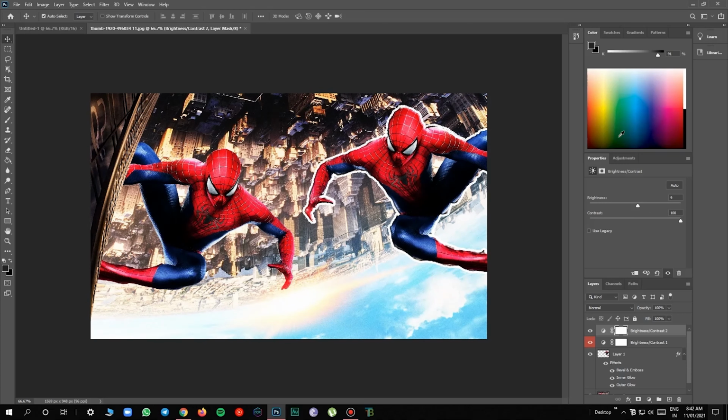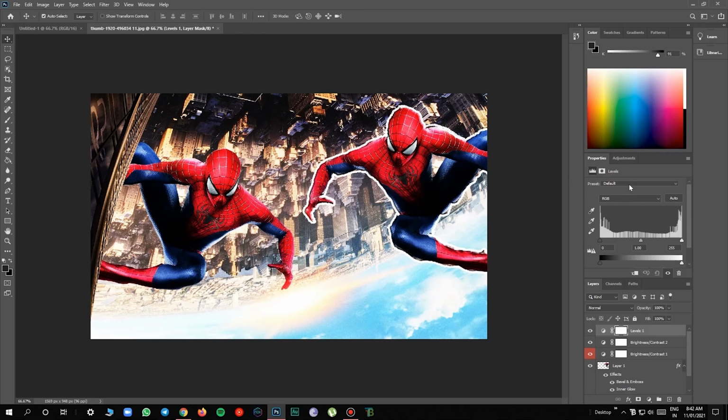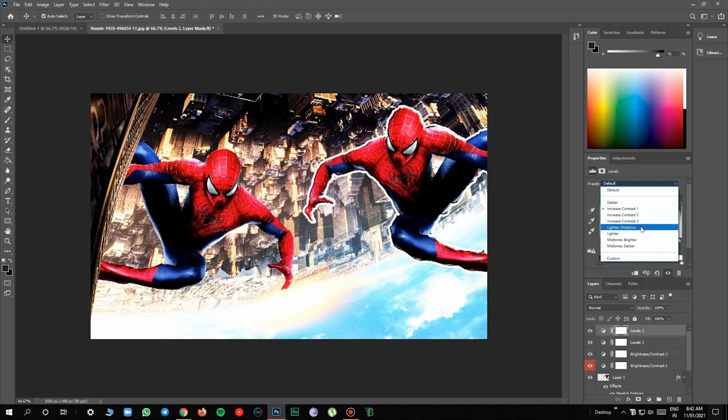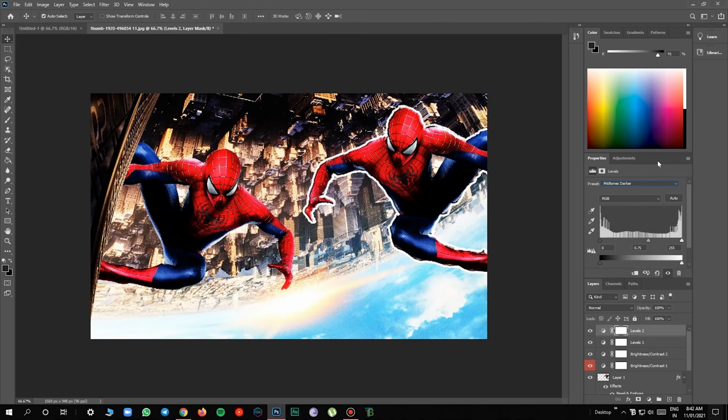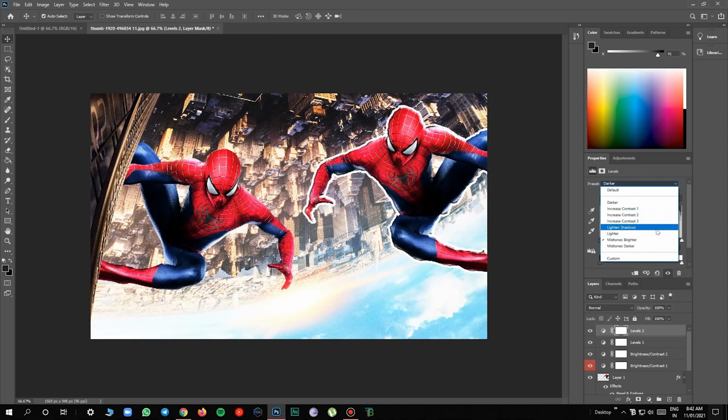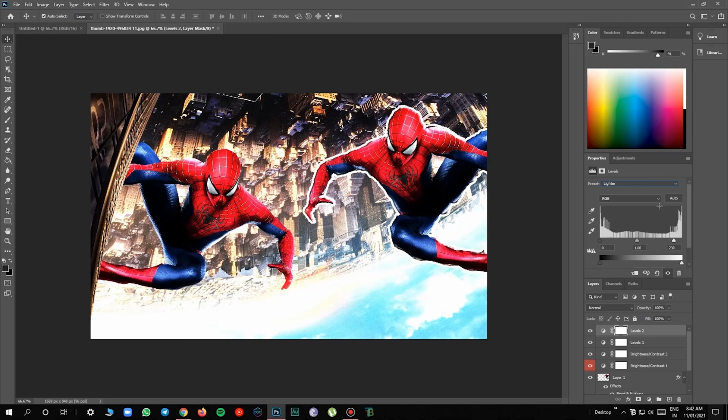So there are many options in the adjustment layer, so you can check it out: levels, color, layers, etc. So in the levels we can just use some presets on the image. Yeah, this one looks good, I think so. So there are many options: curves, vibrance, saturation.